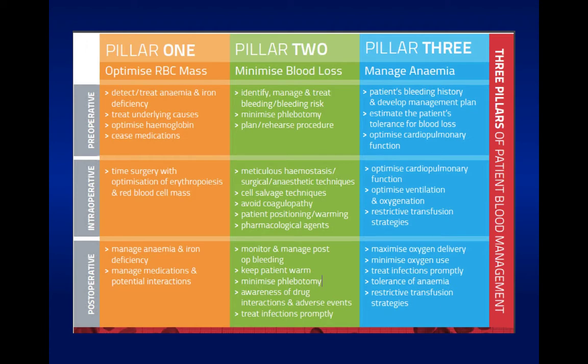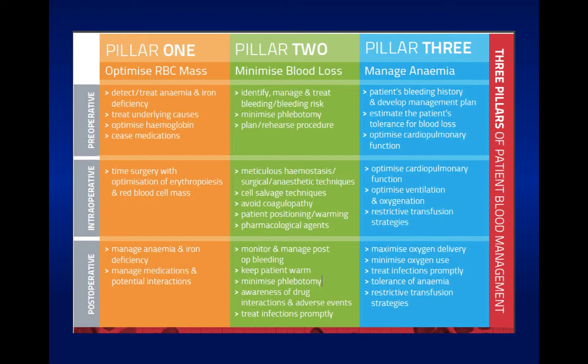So Pillar 1 is basically optimizing the red cell mass. Identifying patients who are anemic or iron deficient before they have their baby or their big operation, and fixing it up before they get there, so that if they do lose some blood, they're much more able to cope with it and don't need to be transfused. Minimize blood loss both during delivery and major surgery. There's a whole heap of things you can do